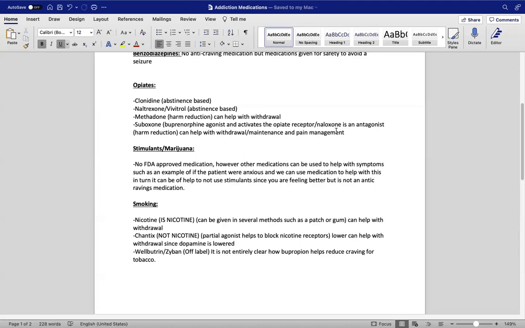Now, the reason why you do not get thrown into withdrawal taking naloxone, because we know naloxone is going to potentially, just like Narcan,